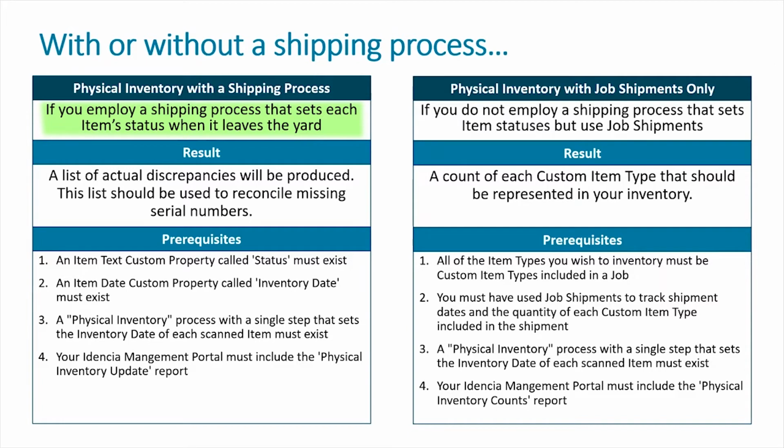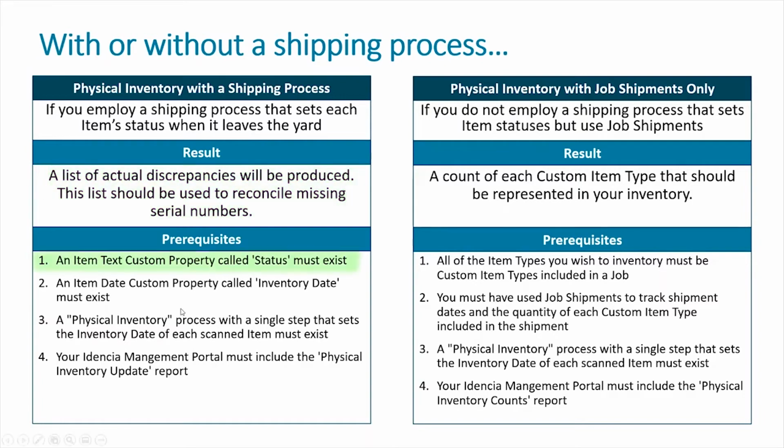In this example, we'll be using the status of shipped to denote an item that has left the yard and been delivered. The result of a physical inventory process where you use shipping statuses is a list of the actual discrepancies. We'll give you the list of discrepancies. You'll be able to research where items were missed, figure out what needs updating,